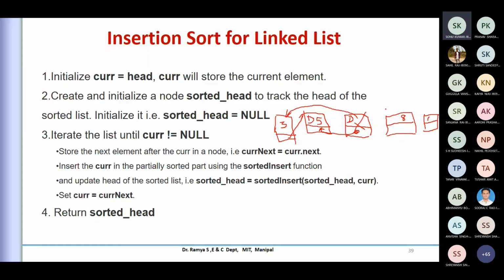So you can compare 1 with the 3, the first value. Since it is the lesser value, you're going to swap. I require to change all these contents, and this becomes my first value. So the current happens to be whatever is going to be the header, and I'm going to start with this particular value. So basically, I'm trying to keep my memory allocation. If you see, it is going to be the same.